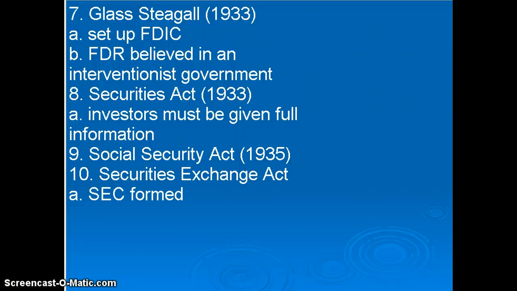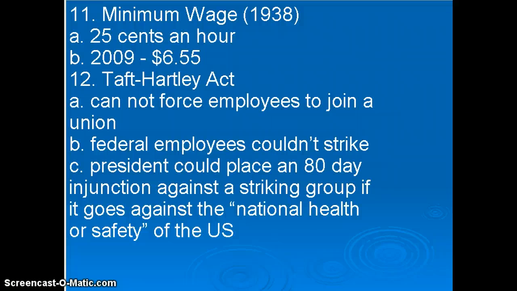So when mortgage brokers were passing out bad loans to people in 2007 and 2008, and when the market collapsed because they combined those mortgage payments into something called a derivative, and those derivatives they told people that they had AAA rating even though they were really no good and very risky. The people thought that they were not risky, and the SEC should have regulated that and paid more attention. They did not. They were asleep at the wheel. But that is their role, to regulate deceptive practices in the stock market.